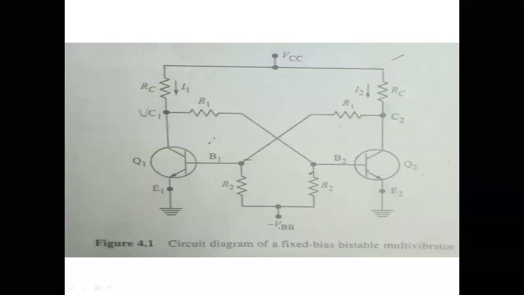Once again I will repeat this sum, how we are going to solve it. In this sum they have not mentioned the ICBO, the leakage minority charge current. We are assuming so many values in this problem, but we are not assuming the ICBO. If we assume ICBO, there is a problem that it is temperature dependent.